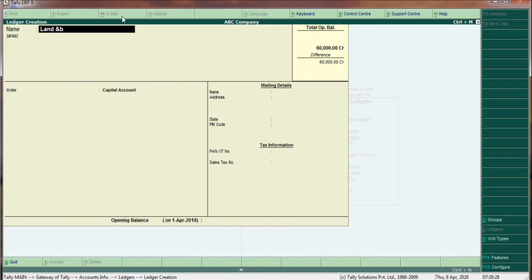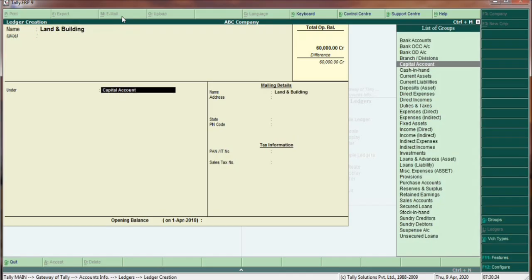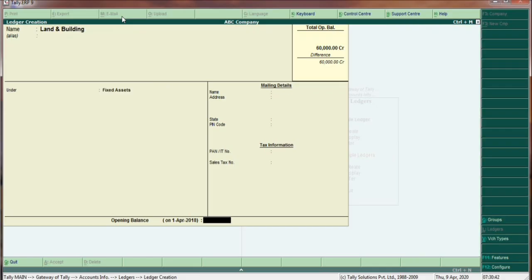It comes under the fixed asset. If you type fixed, it will show the group Fixed Assets. I select it, then the amount is 36,000,